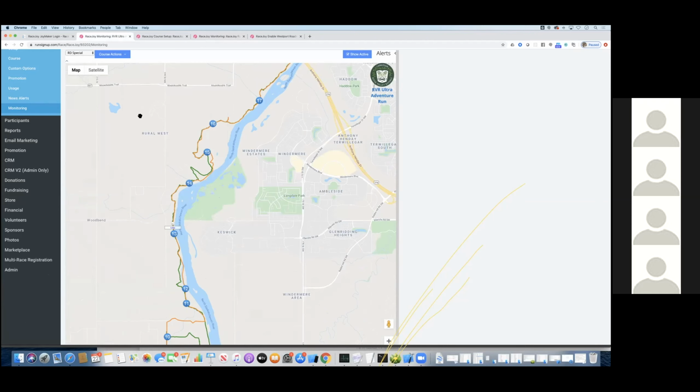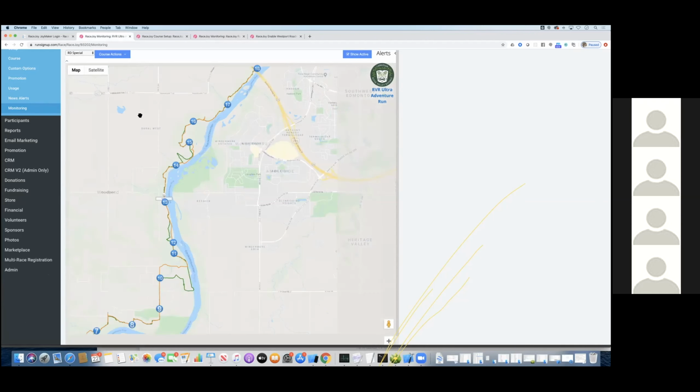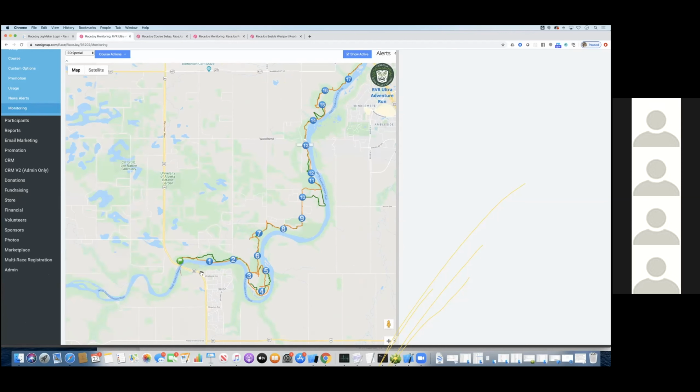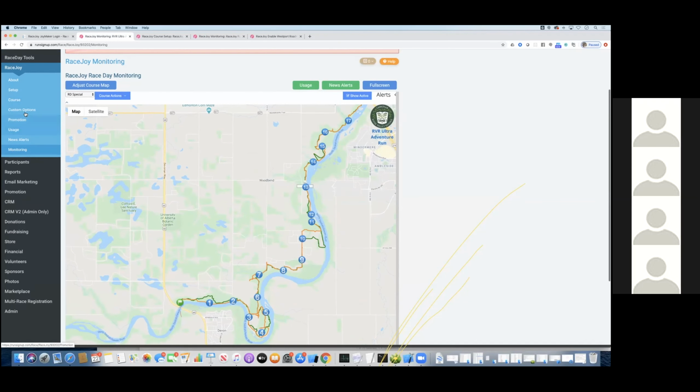Also, say you had people congregating at your course and you have an on-site event, you can tag all those people and say, "You guys need to clear out and support social distancing. Thank you." Then when we come to the more global communications tool, this is going to be your